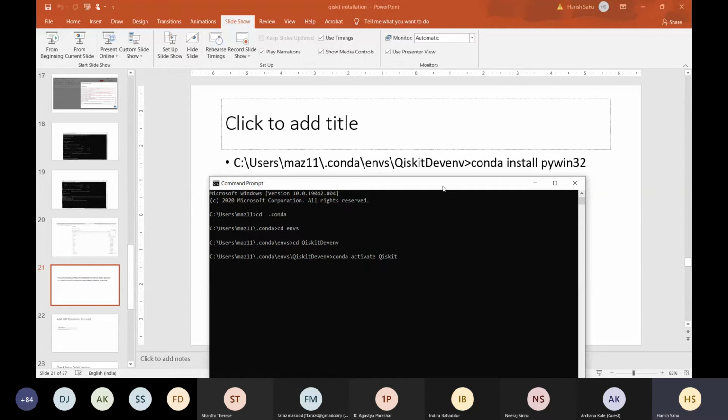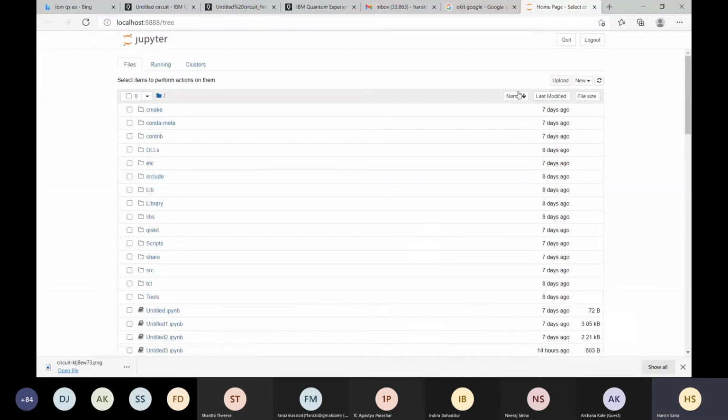Qiskit development environment. If you have done it properly, you will be in your environment. Now what is the next thing? You need to run Jupyter Notebook. And here we are not having any error, so it means we have done the thing perfectly.